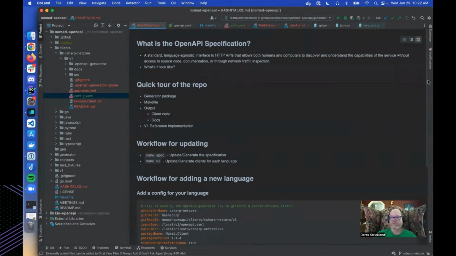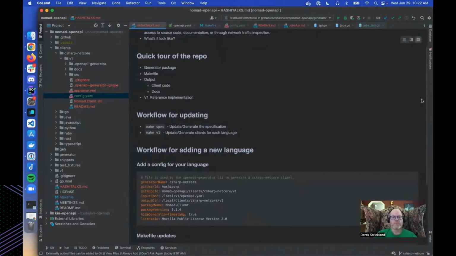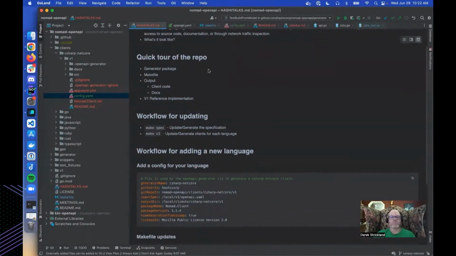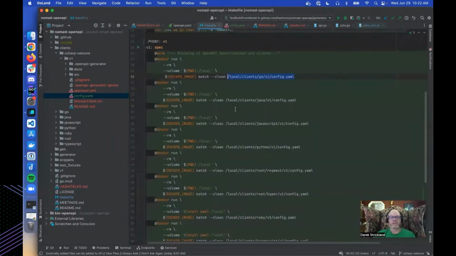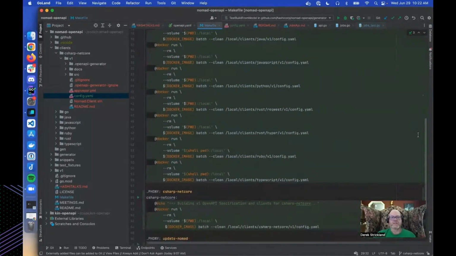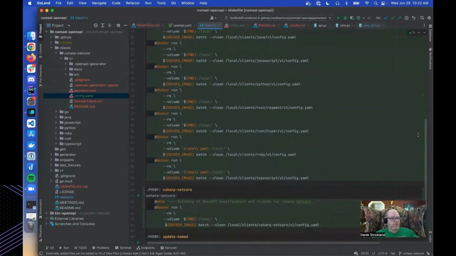Back to our quick agenda. All right, so we completed the tour of the repo, but how do we actually do this? How do we add a new language? So if we go back to our handy dandy makefile, like I said, I've gone ahead and created the correct directory structure. I've created a config file. Now, in a typical use case where I want to add a target language that is going to get generated every single time